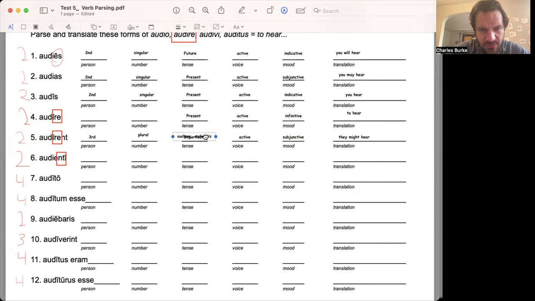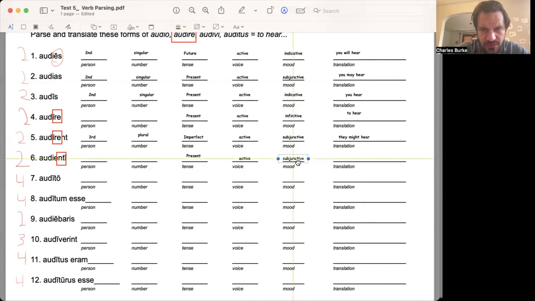And what it is, whoops, I mistyped. Audiens, audientis, right? Where audiens would be the nominative, audientis the genitive, audienti the dative. This is your present active participle, that NT followed by an ending. So present active